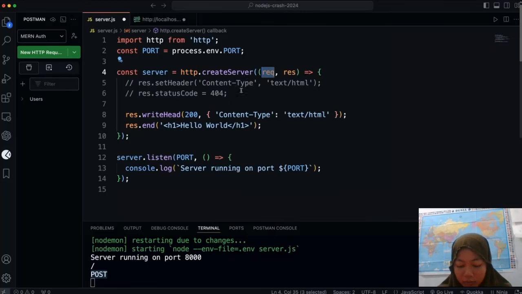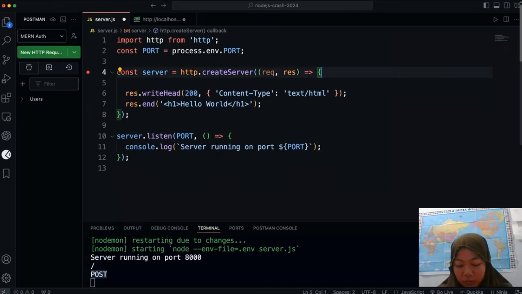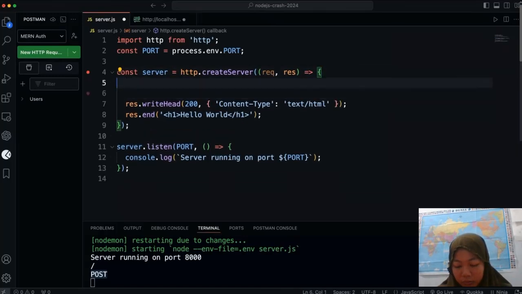I mean, you can get headers that are sent. If you have cookies, you can access cookies and all types of things. So I'm going to get rid of this as well. And let's just create a little router. So we're going to check the URL. So let's say if